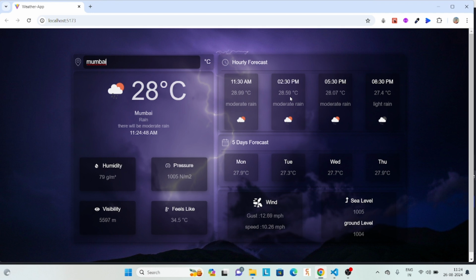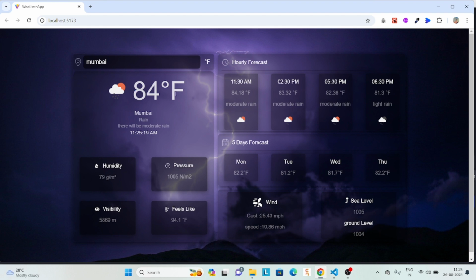So here it will show the temperature of the upcoming days, and if the user wants to change the temperature from Celsius to Fahrenheit, just clicking on this icon it will be changed. So we can see that it is currently showing in Celsius. All the details in the temperature are in Celsius. If I click this, it will be changed to Fahrenheit. So as we can see that this has changed, and this thing is also changed, all of the temperature, and